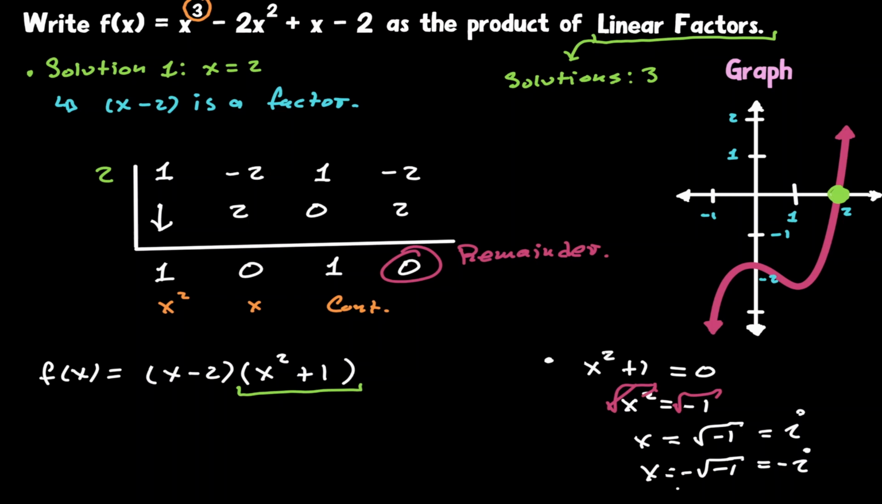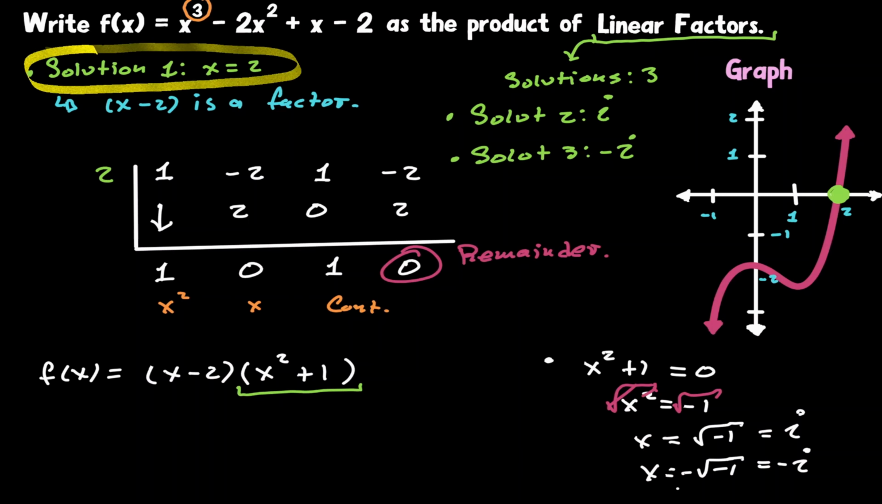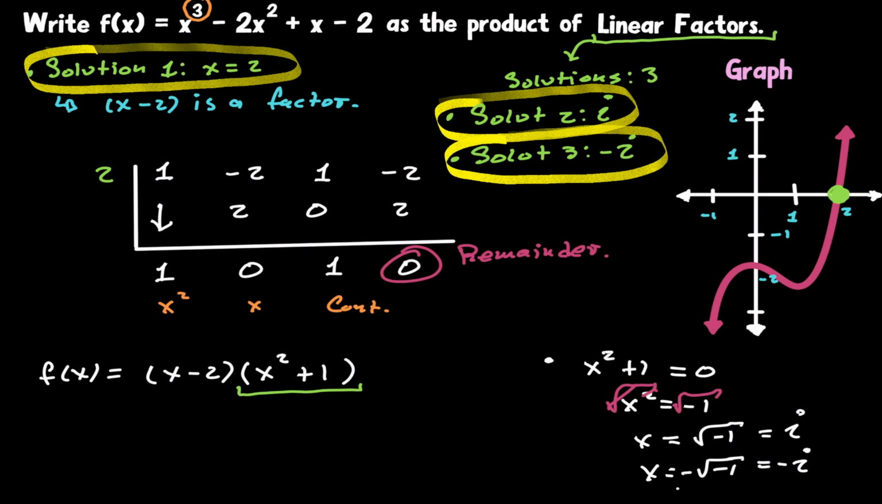So we are done. Our second solution, let me call that solution 2, is equivalent to i. And our third solution is negative i. So now we have all the information that is needed to write our polynomial in factored form. And I just realized that I forgot to write down a, because we do not know the coefficient of this function. And now we can bring down x minus 2